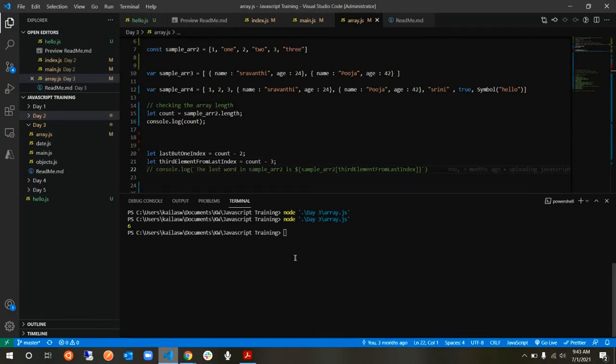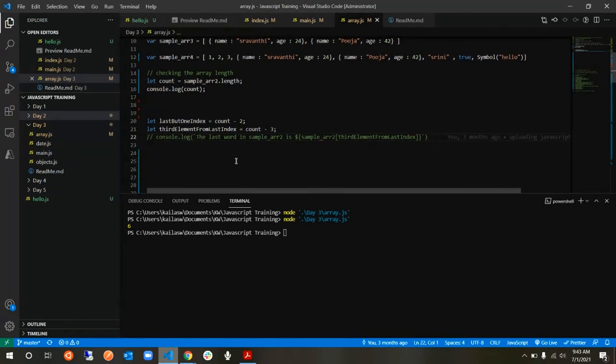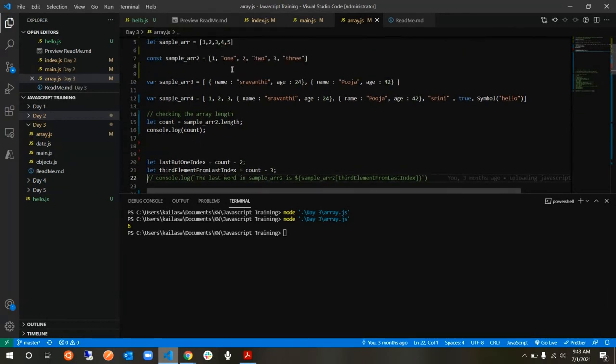Now, if you want to access any array element, you access it by something called indexing. How does indexing start? Indexing always starts from 0 in an array. If you want to access the first element, your index is 0. If you want to access the second element, your index is 1.